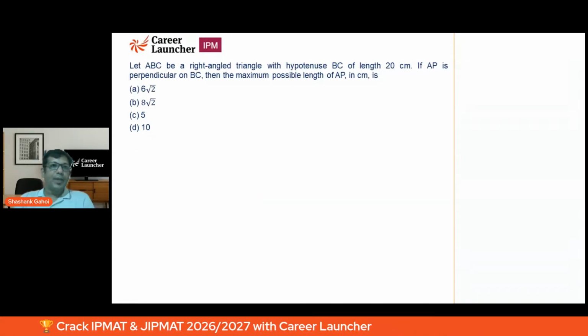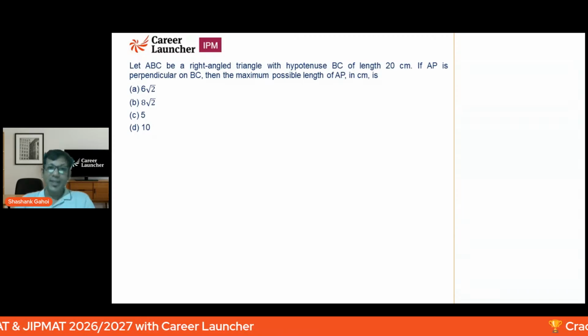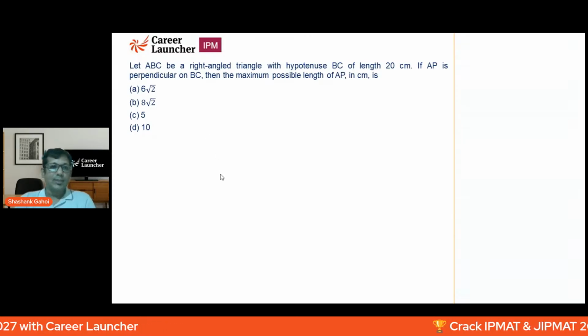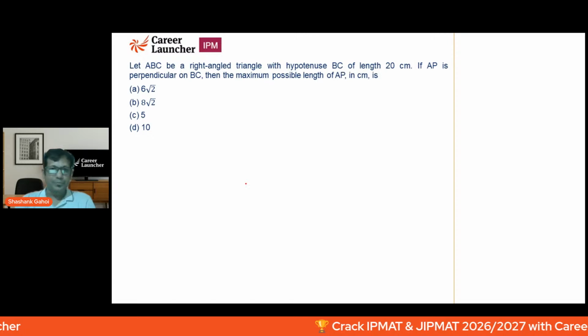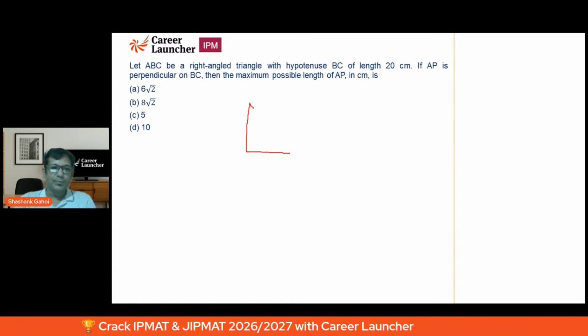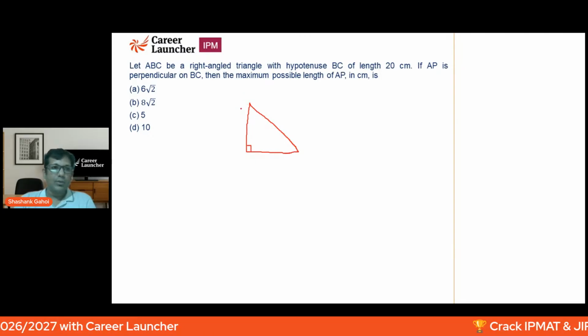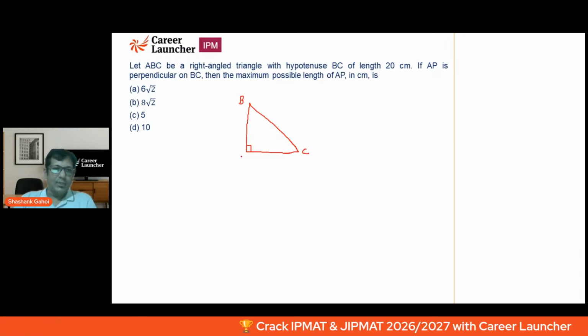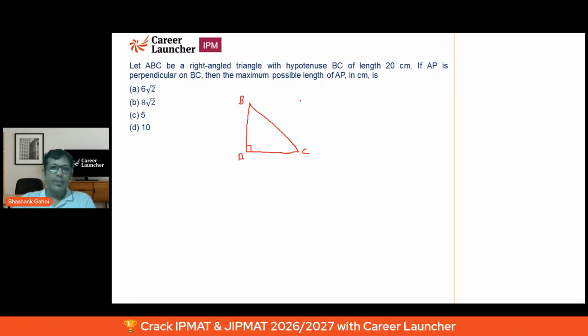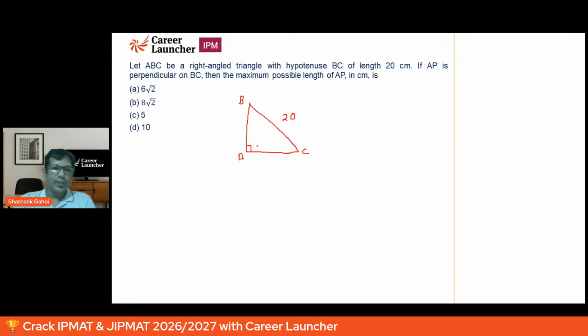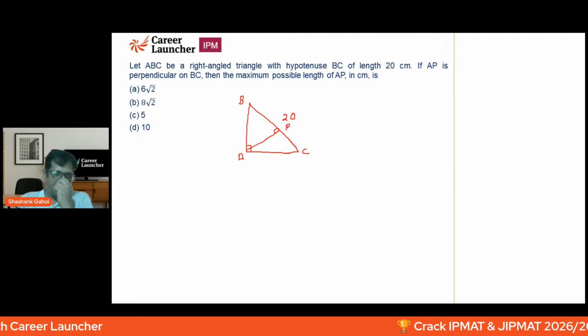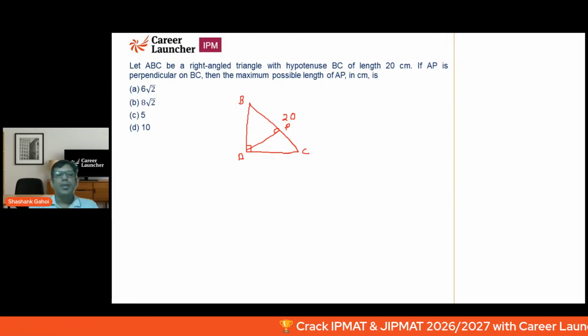Okay. Now let's see. ABC is a right angle triangle with a hypotenuse of length 20. If AP is perpendicular to BC, so ABC, hypotenuse is BC, so this is B, this is C, this is A. Okay. And length of BC is 20, and the length of perpendicular is what? This is P. Okay. So basically, whenever we talk about the length of perpendicular,